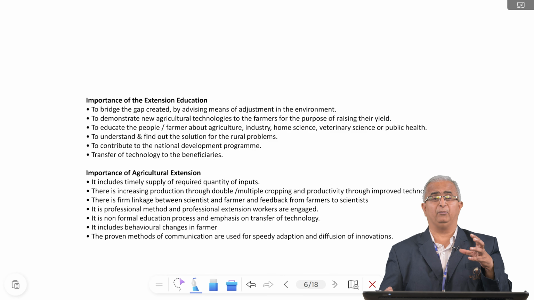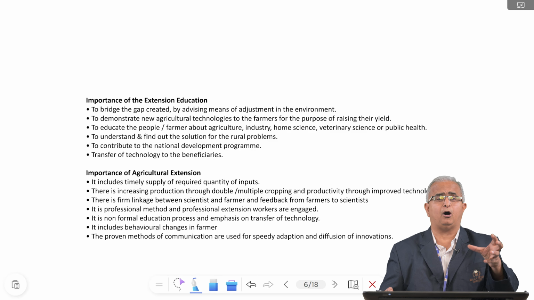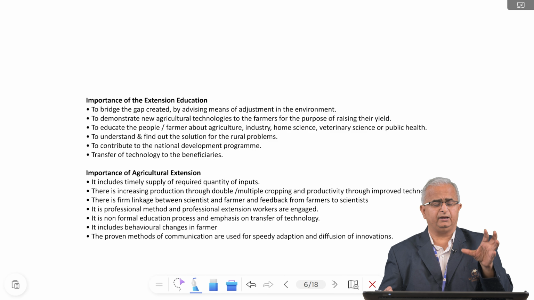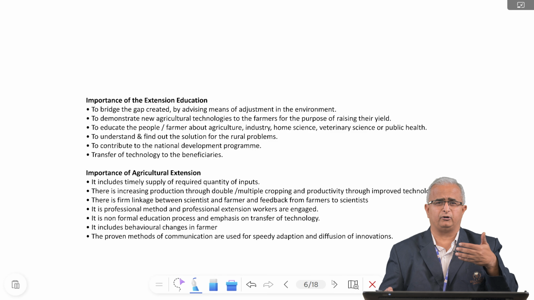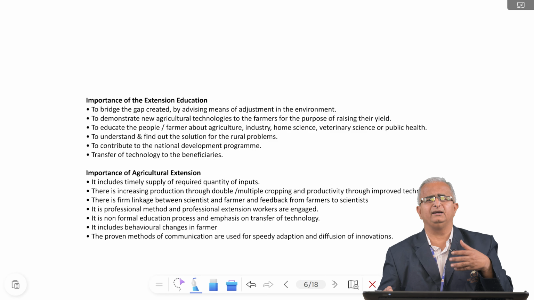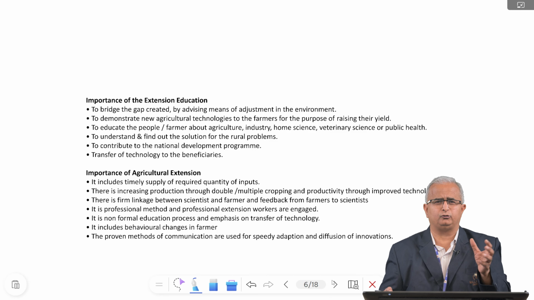Formal education means formalities. You have to fulfill certain rules and regulations. Suppose you are pursuing a BSc Honors Agricultural Sciences degree. In order to get that degree, you are supposed to fulfill certain formalities. You have to go through the admission process, write the exam, and get into the course. The course will have a certain curriculum. You have to fulfill all the subjects, write the exams, attend the classes, and face the practicals. It's a 4-year program, and you will be required to do many different activities. That's why it is an educational activity.